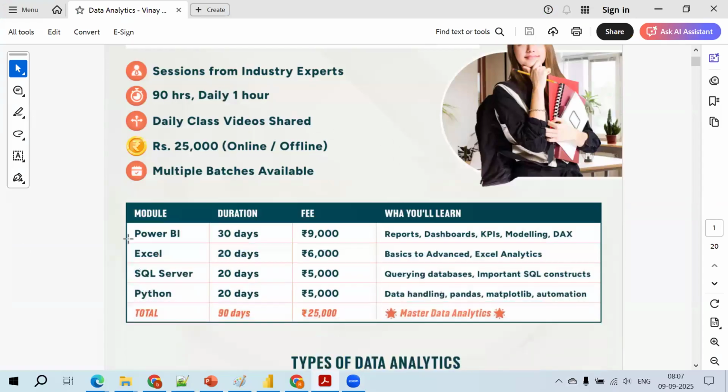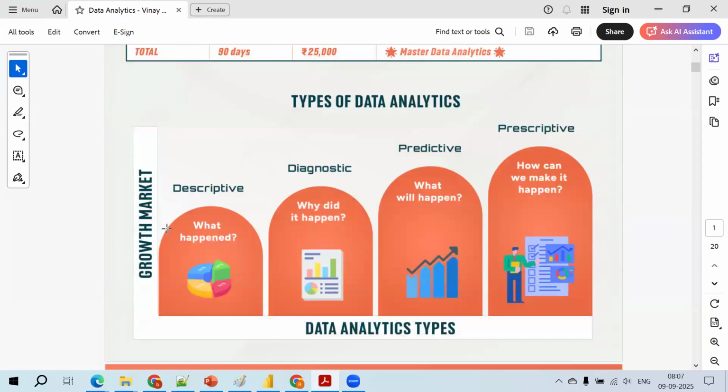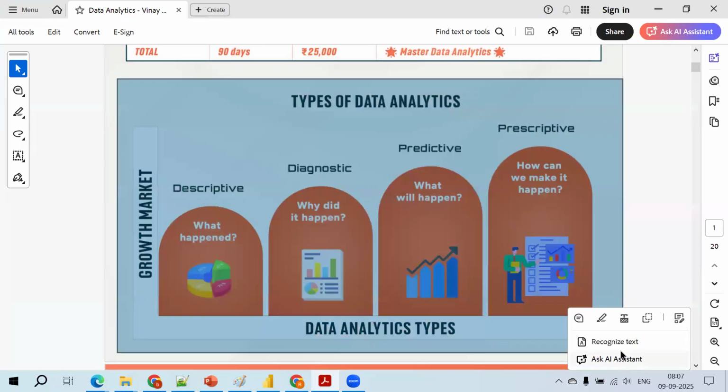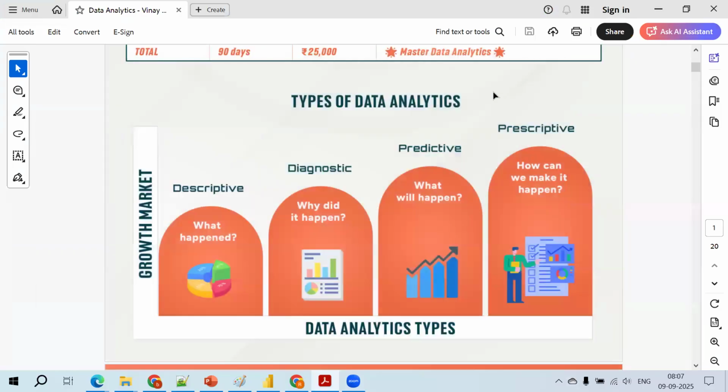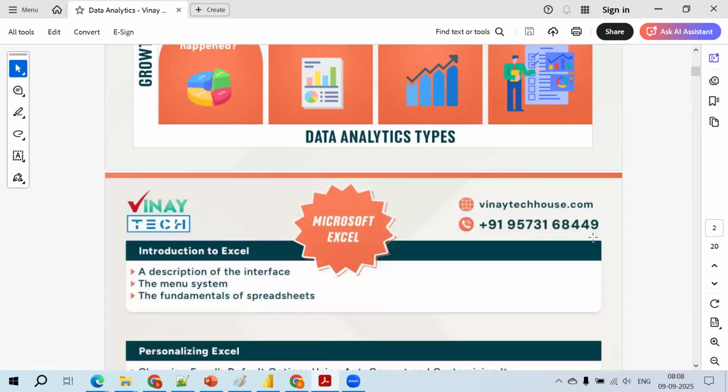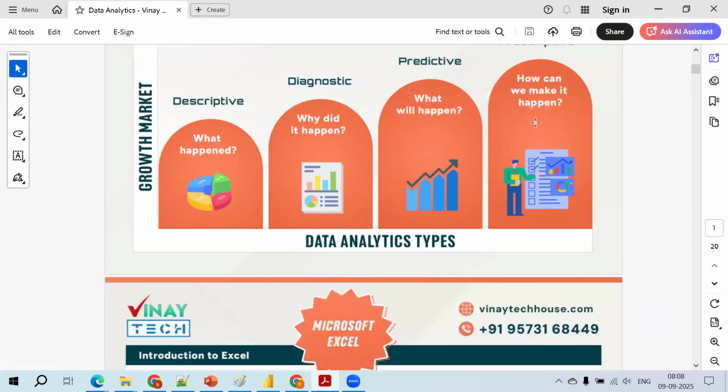Right. As part of this, what exactly are we going to cover? This portion we have already covered in our last session. What are the types of data analytics? Descriptive: what happened in our past. Then why it happened: diagnostic. Then how do we improve the sales in future: forecasting the things in order to achieve my goal. What action do we need to take: the action plan. So how can we make this particular goal happen? We have four types of data analytics, right? This is an important interview question, friends. Try to remember this picture.